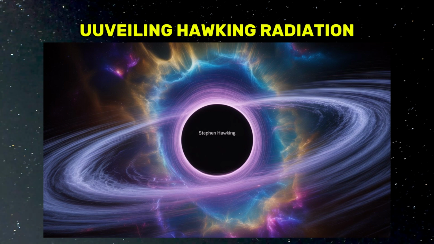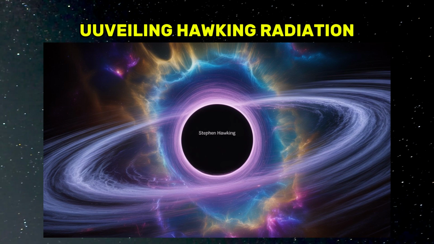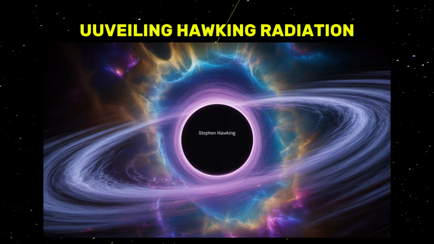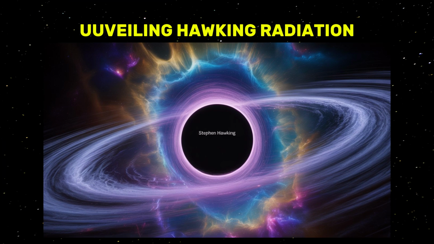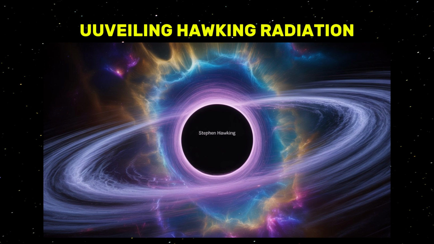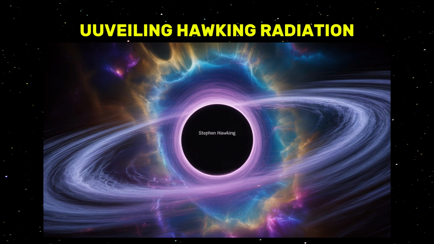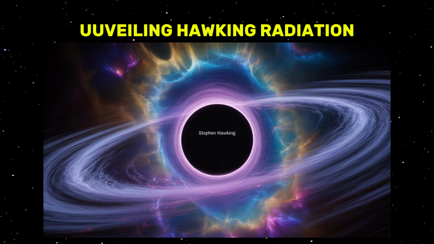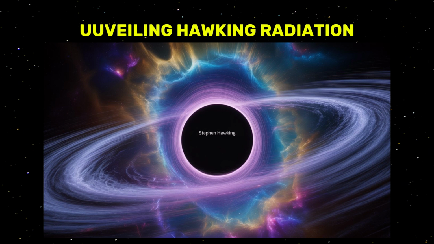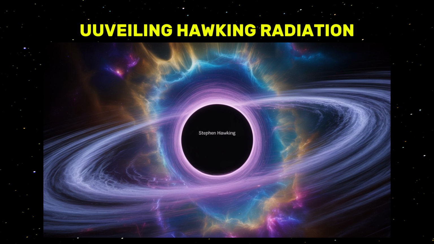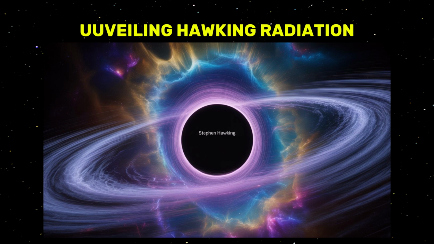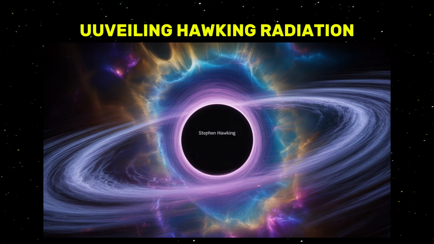Hawking deduced that the continued escape of such radiation would gradually drain energy from the black hole. And since energy and mass are fundamentally linked thanks to Einstein's famous equation, E equals mc², the black hole would slowly lose mass, an effect termed black hole evaporation. If this process continued long enough, the black hole might completely dissipate, vanishing in a final outburst of energy.